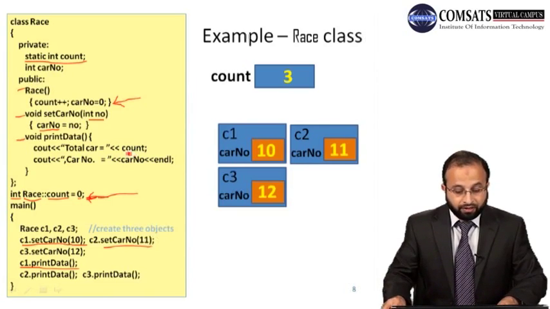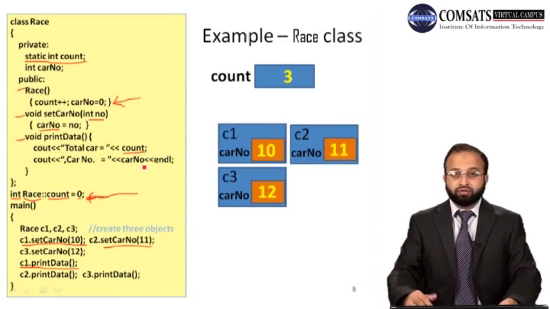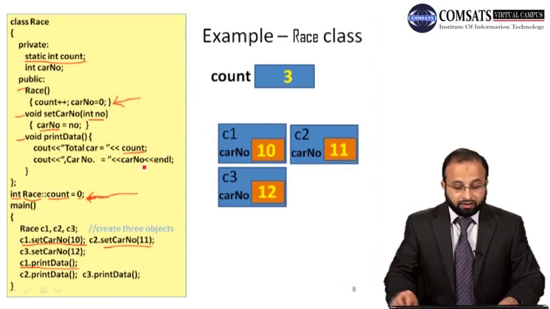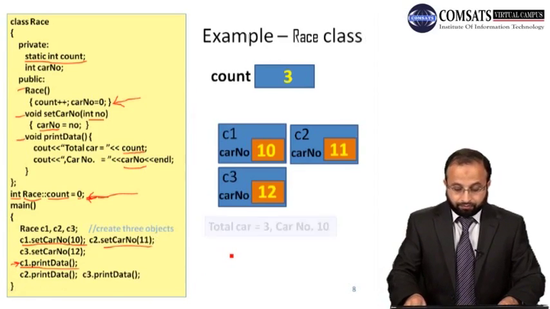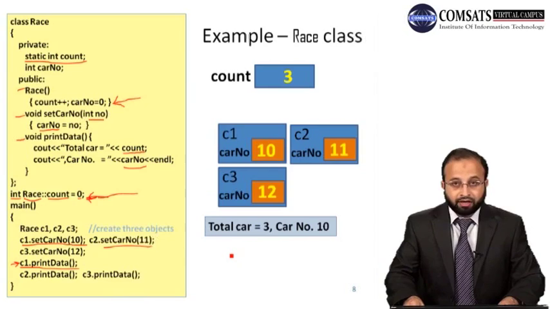So it will display the value of count, that is currently 3, and then the car number is equal to car number, so the car number of that particular object. Count जो है वो global है, but car number is for C1. C1 का car number display करेगा वो, ठीक है? So total car is equal to 3,